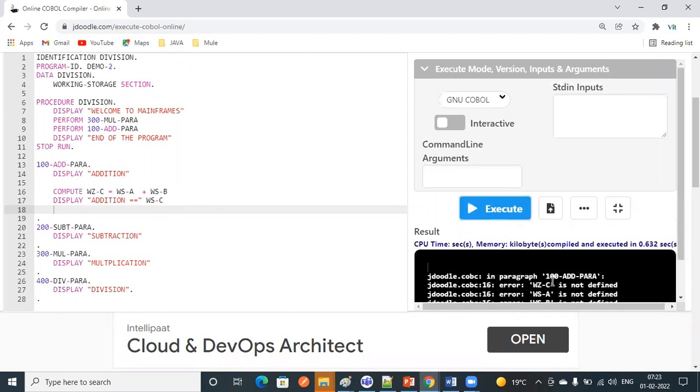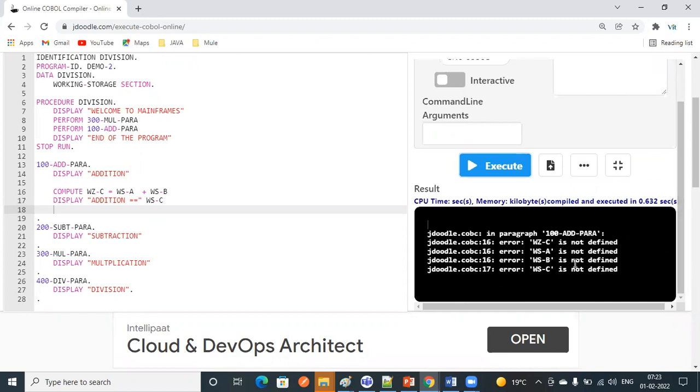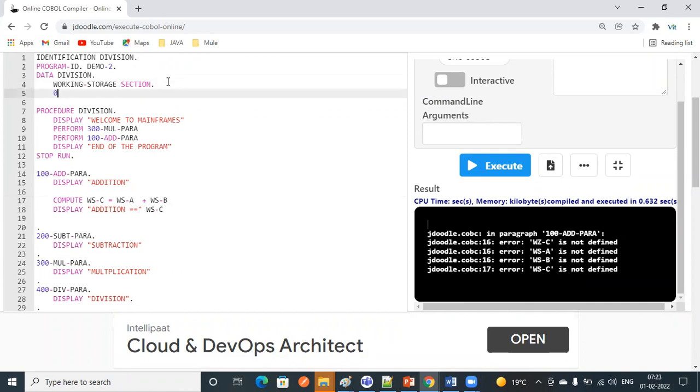You will get some errors because WSC is not defined, A is not defined. So in this case, you need to declare the variables. Where are you going to declare the variables? In data division under working storage section. First you need to declare what variables are required for your program.